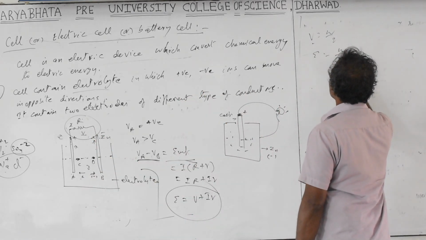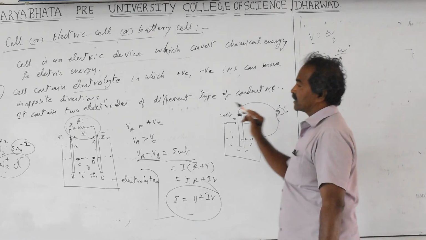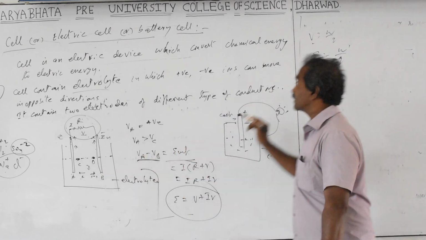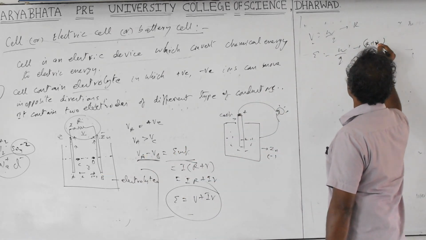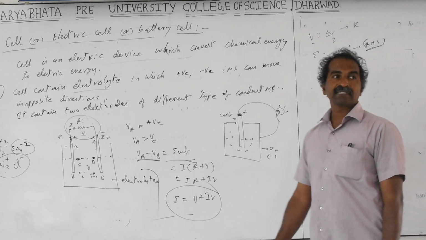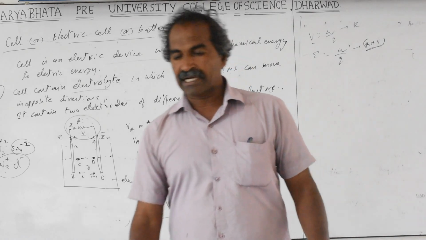This is also work done, again for the same charge, through the external resistance and also the internal resistance. Here the work done is to move the charge only through the external resistance. This is the work done to move the charge through external resistance plus internal resistance. That is nothing but EMF. EMF will always be more than the terminal potential difference if current is taken out of the cell.